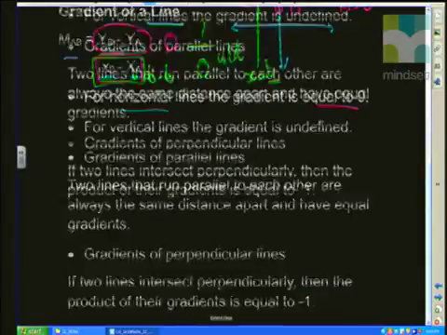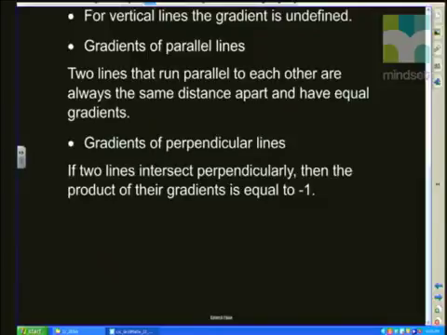All right? Still dealing with gradients. Remember, very importantly, that for the gradients,